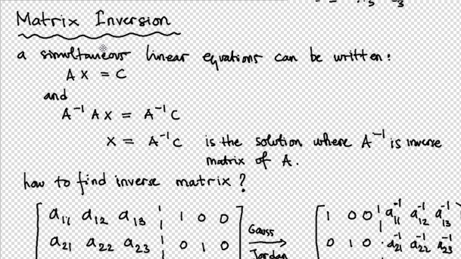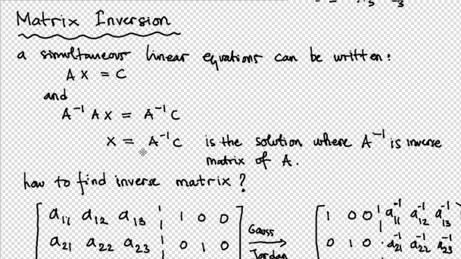What is matrix inversion? You already know about matrix inversion, I think, from your high school. Suppose my linear equation, I can write it in a form like this: Ax equal to C, and then if we want to find the solution of x, then we just find the inverse, and then we multiply with the inverse, then I will have the answer. So this is the inverse of A, we multiply with C,